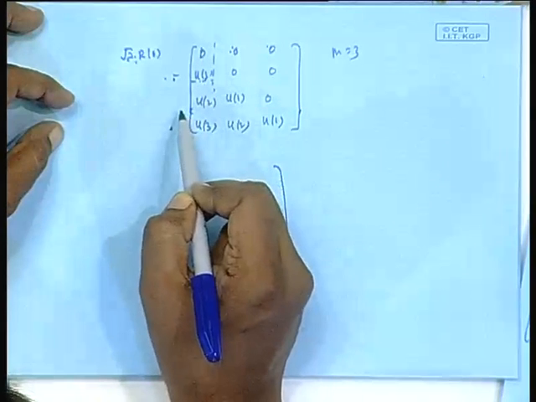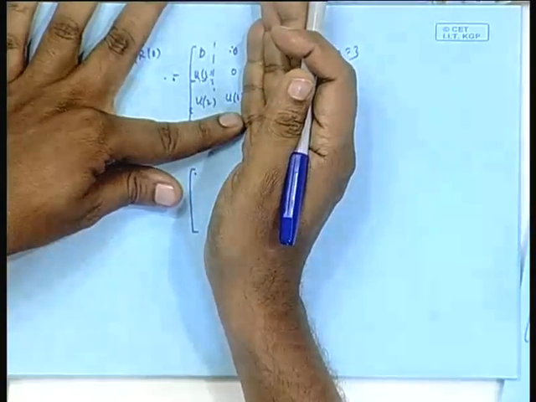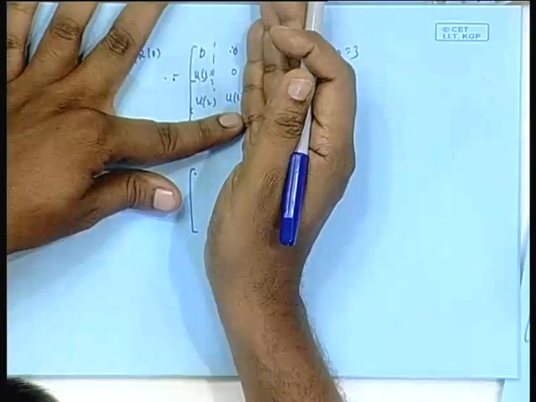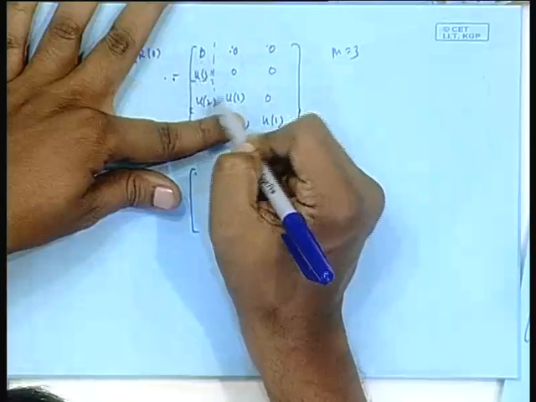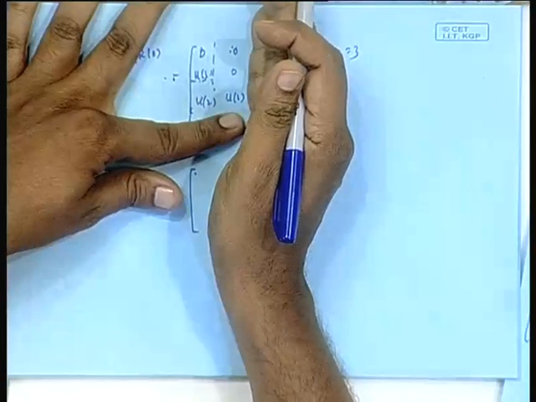At n equal to 2, then what is the situation? At n equal to 2, I will take one more column. Remember, always the number of rows is greater than the number of columns, and I am not having all 0 columns coming and all that.